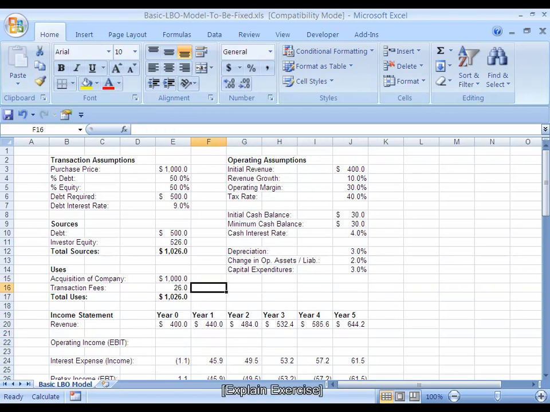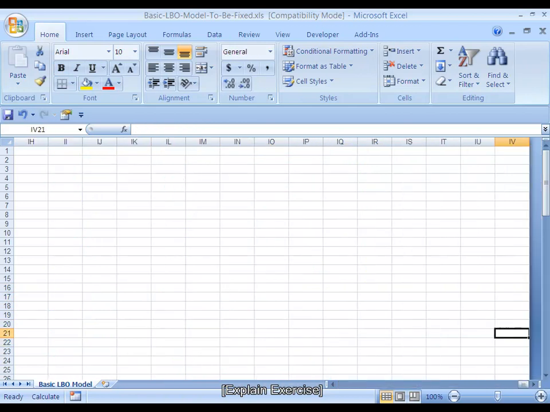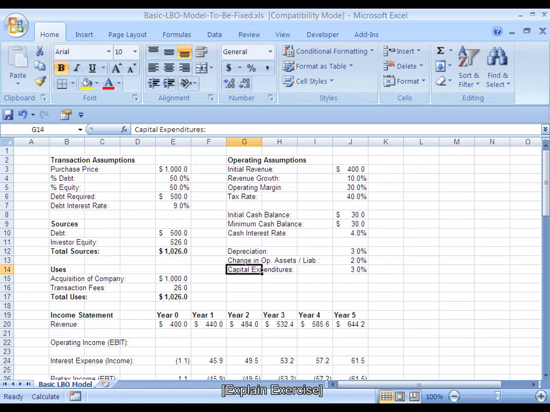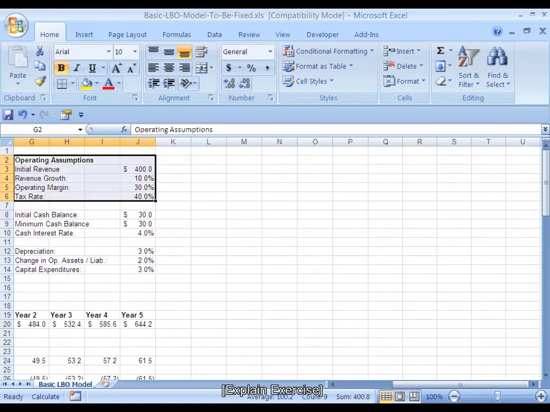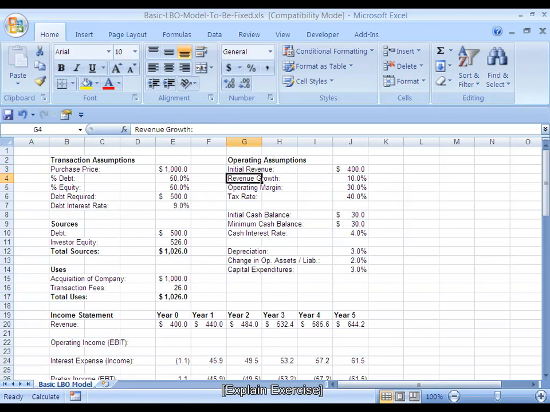So what I want you to do is to actually fill these out and enter the operating income numbers right here based on our assumptions here at the top for operating margin, revenue growth, and everything up there. And then I also want you to enter the IRR calculation right here. So I'm going to do it first, and then I'll pause the video and then walk you through it